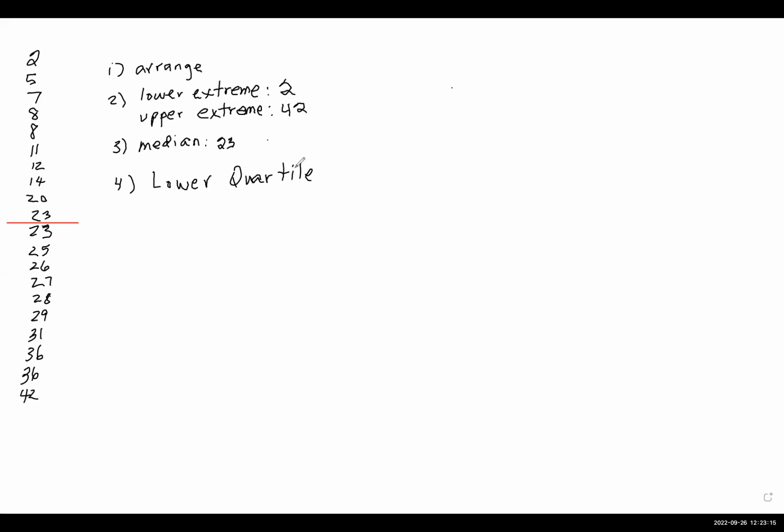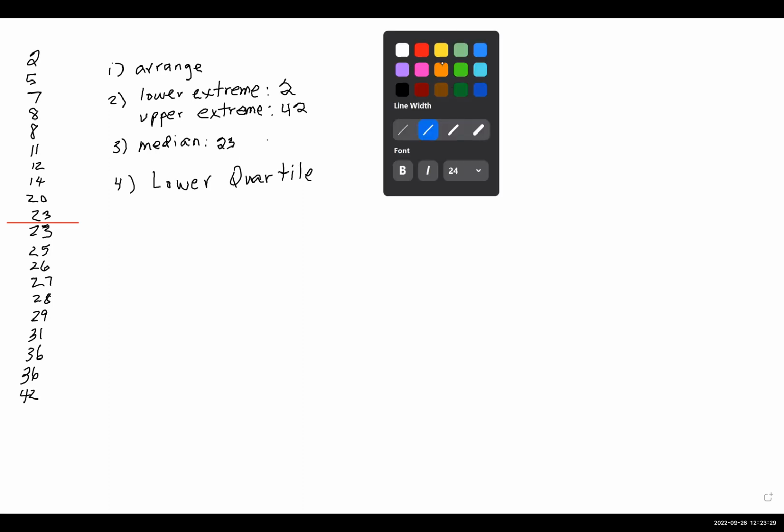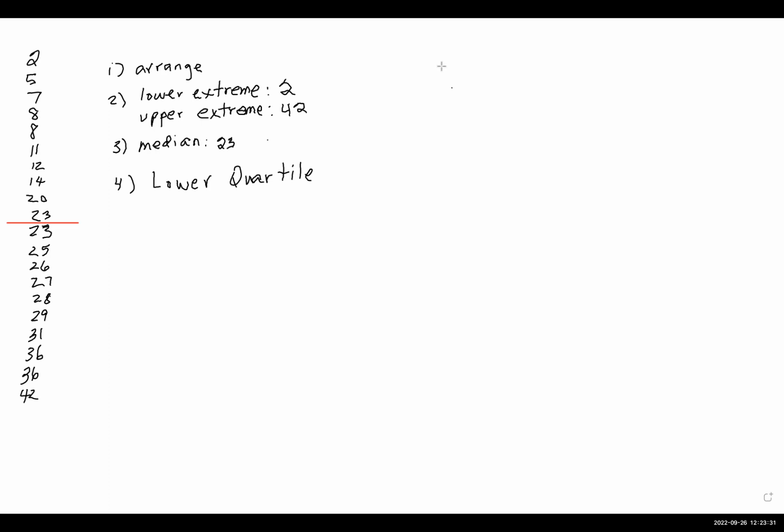So looking at that lower quartile, we have numbers that go from 2 to 23. There are 10 of them. We want to find the median of that group. And since there's 10 numbers, it's going to be between two numbers again. And it looks like it falls right there, doesn't it? Yeah. Now, in this case, we do have two different numbers.